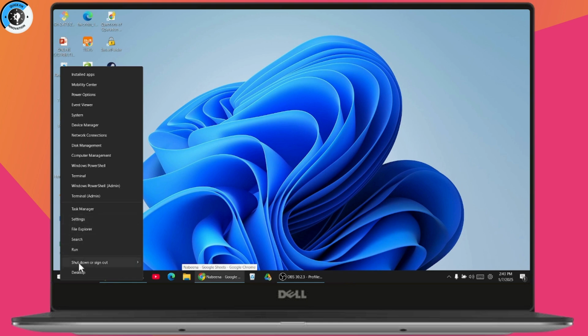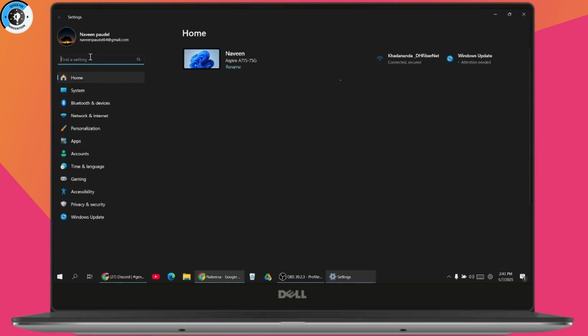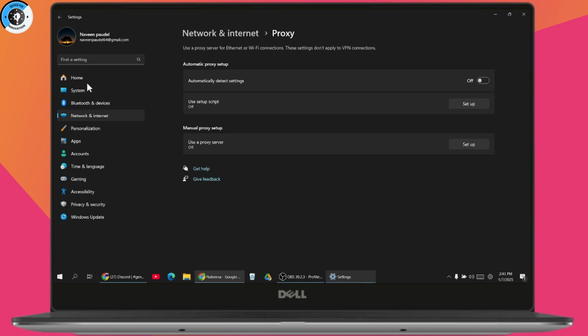So go with your Windows, right click and then open up your settings. Under settings, here on the left side, you will find a setting. You just need to simply go and search for proxy and go with the proxy settings. And here you will have the proxy settings. You can simply go with use a proxy server and then you can go with setup, which is on the